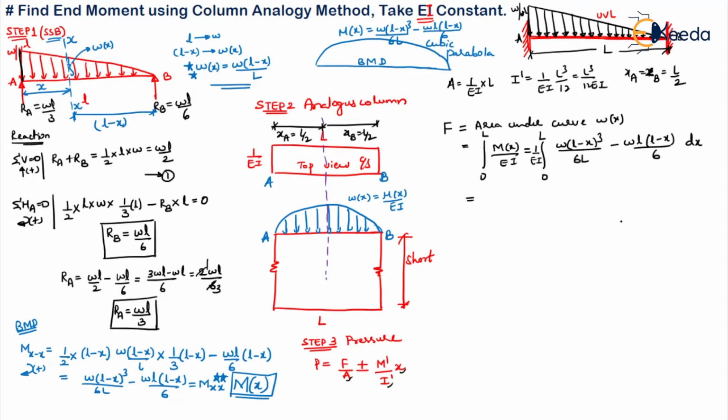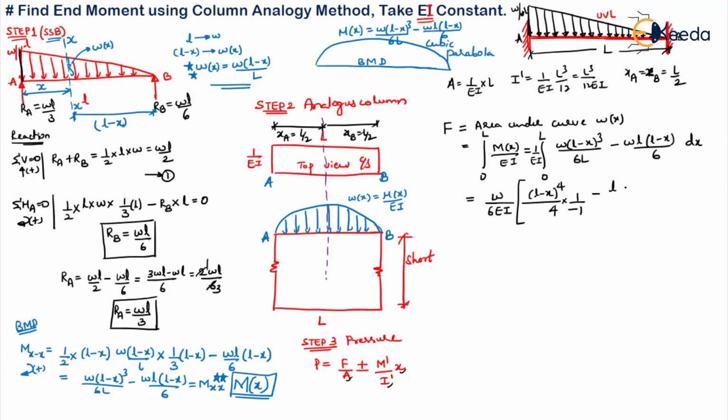Now let us do the integration. This integration is with respect to what? X. So W common. Denominator 6 EI common, 6 is common. So let me write it here. So what is the integration of this? It's L minus X whole power 4 by 6 is already there into 4 into 1 by minus 1. The coefficient of X should be coming in the denominator, minus L is as it is. So both the places 6 we have taken common, so we don't have to write it, just erase.